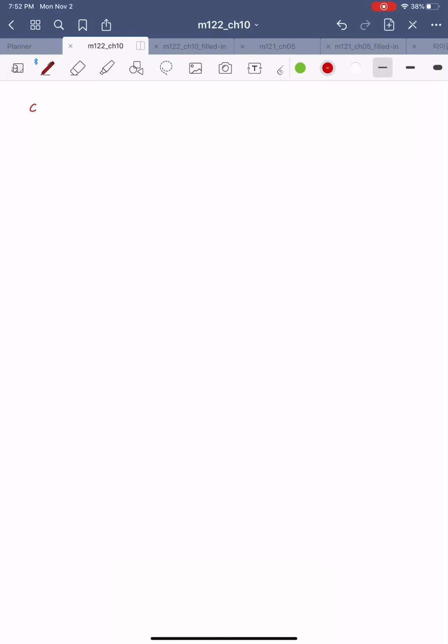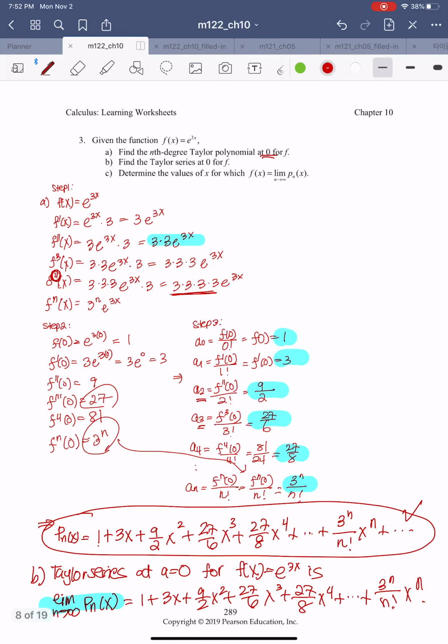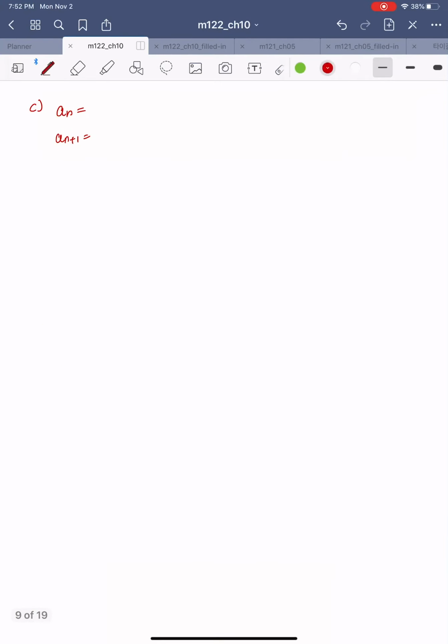So part C. Let's find a sub n and then a sub n plus 1. A sub n, we found, is 3 raised to the n divided by n factorial. So if I add 1, that's just 3 raised to the n plus 1